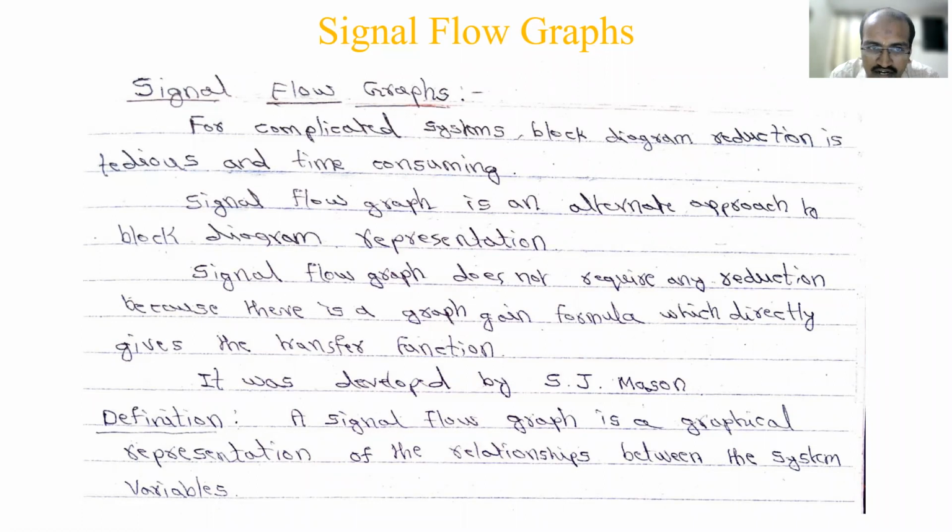One is that you have an alternate approach to block diagram reduction, that is the signal flow graph. Again, in the signal flow graph, you first have the graph, and there is no need to redraw the diagram every time as in block diagram reduction. We have a formula. From the diagram we note down the things, substitute them in the formula, and directly get the transfer function. That's why it is very important. It is used frequently in control systems, so we'll focus much on signal flow graphs.